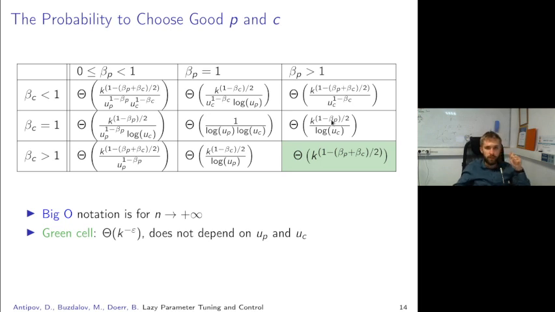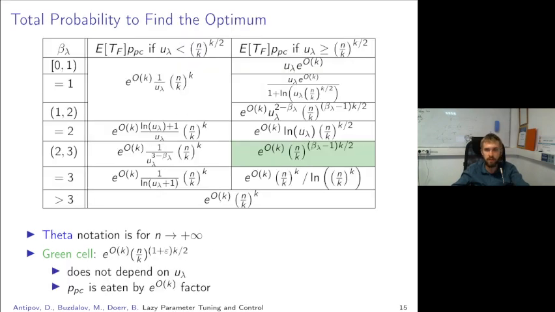So here we show the probability to choose the good values of P and C, which is the best for beta P and beta C, both greater than 1. Mostly because it doesn't depend on the upper bounds for the distributions for P and C. But also we can notice that the total runtime is the best when beta lambda is in the interval from